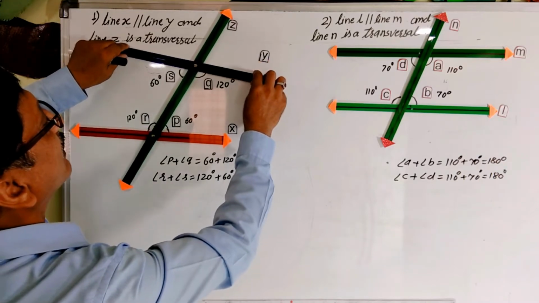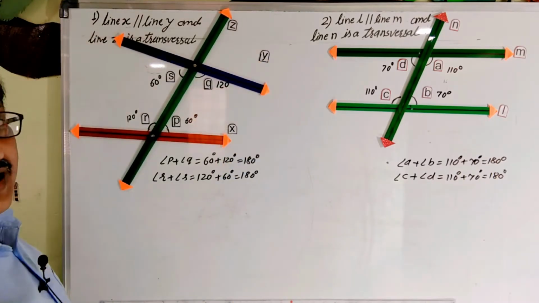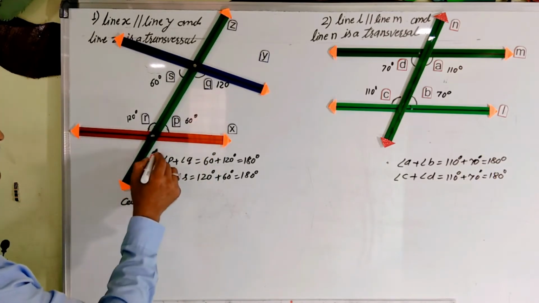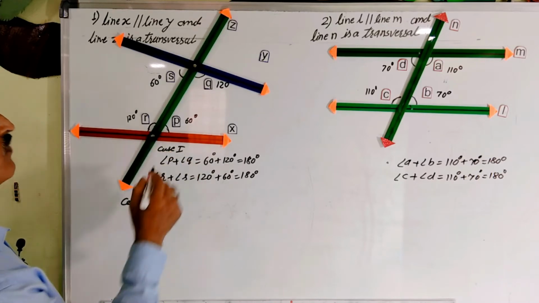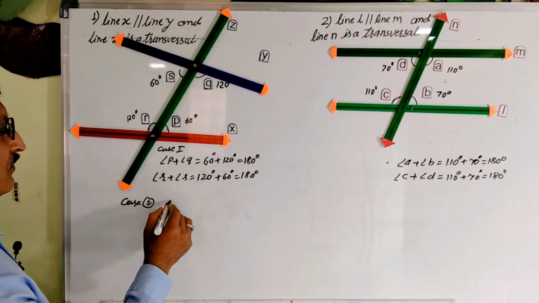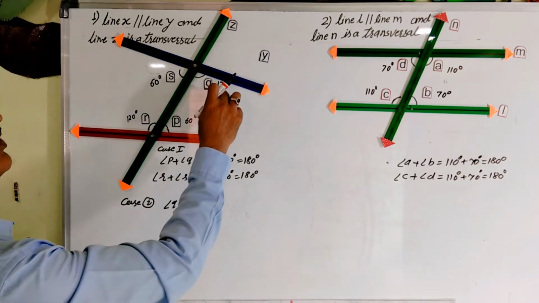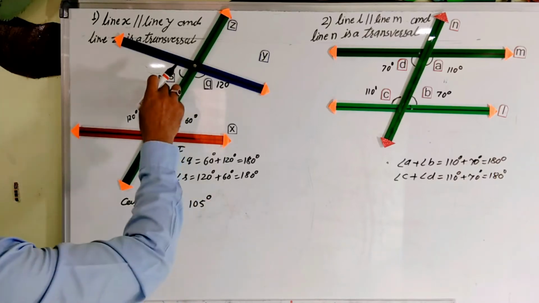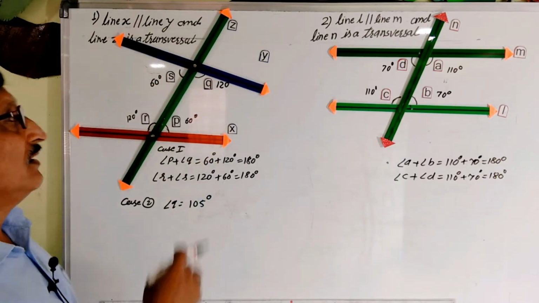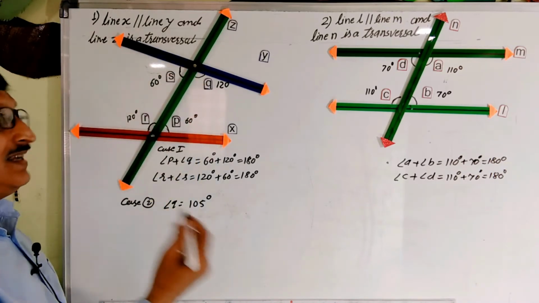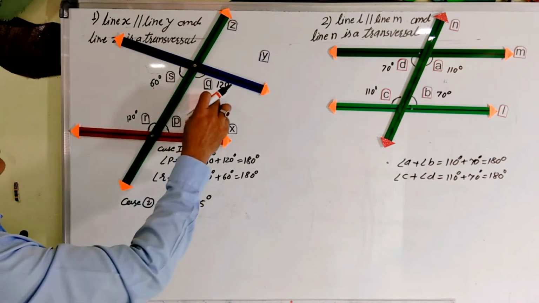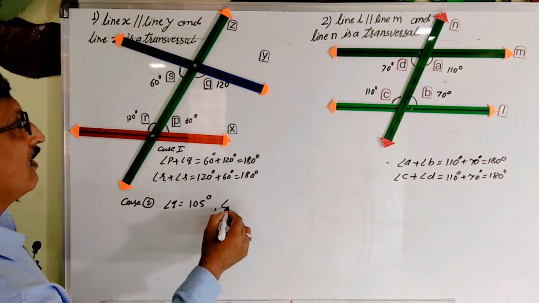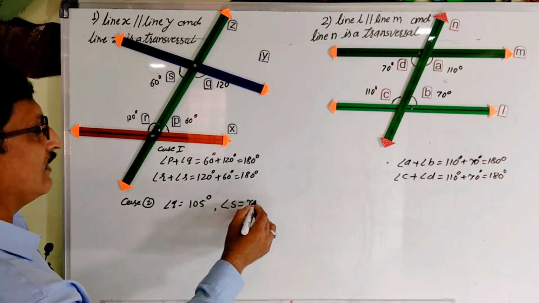Now, suppose I reduce this angle Q. This is 120, but suppose I reduce it and it makes 115 degrees, then what will happen? That means now in the second case, this was case 1. In case 2, what is the measure of angle Q? I just reduced it by 15 degrees, therefore the measure of the angle will be 105 degrees. And as I reduce this angle Q, this angle S also increases now. It was 60 degrees, I reduced this by 15 degrees, therefore this angle will also increase by 15 and therefore angle S equals 75 degrees.